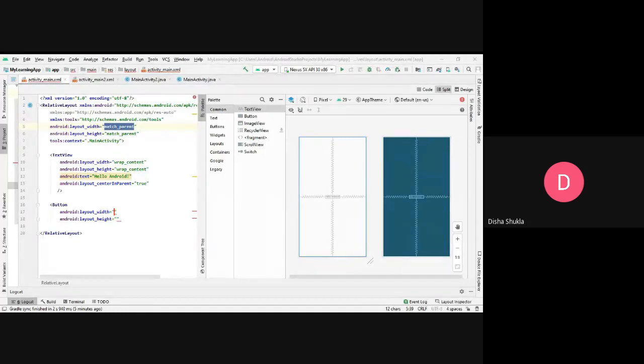Besides that, we have the height equal to match parent, so that means the height of the activity or the relative layout would be equal to the height of the activity. But by default you get three options over here. If you just press Ctrl+Space, you will get an option menu like this. Now it has two options. The third one is now deprecated, so we don't generally use it. So the two things that we have are wrap content and match parent.